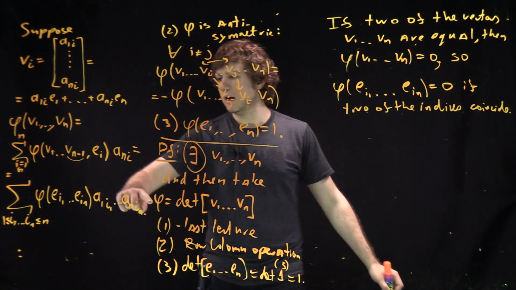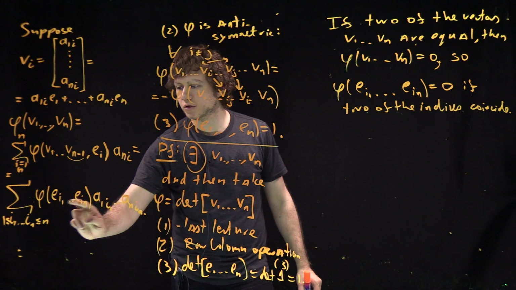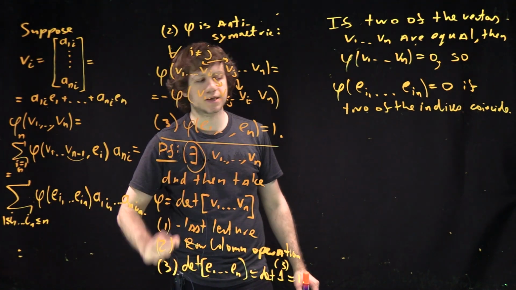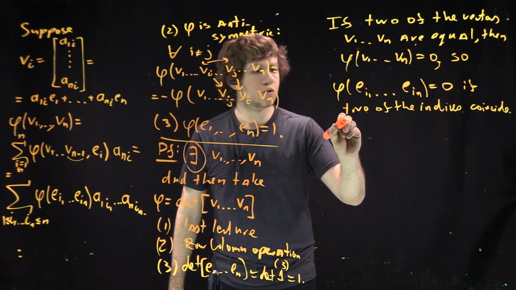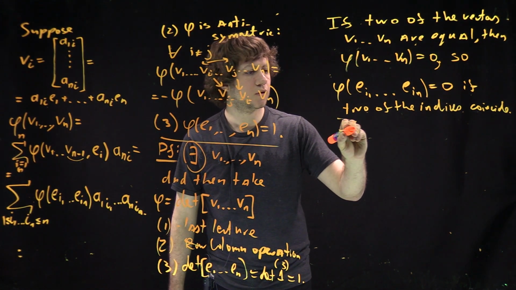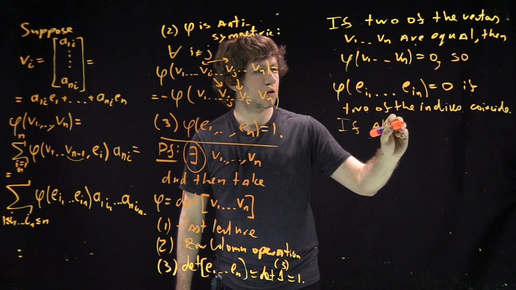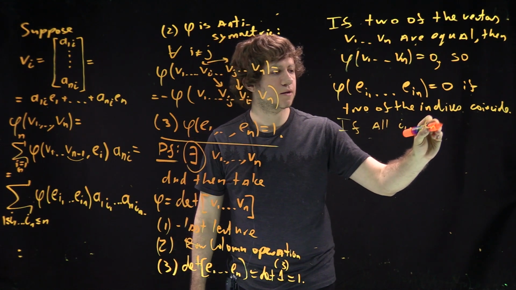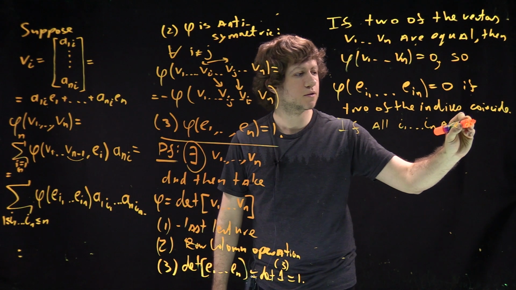So a lot of terms here vanish. If just two of these indices coincide, then they vanish. So if all i1 up to in are different,